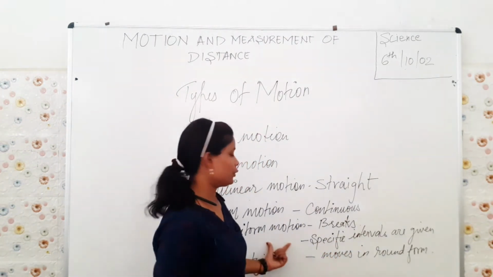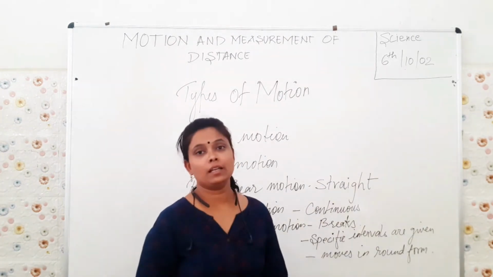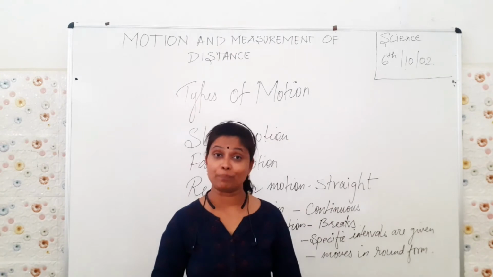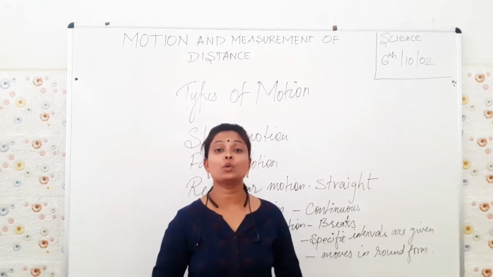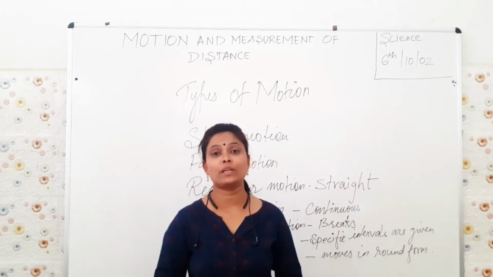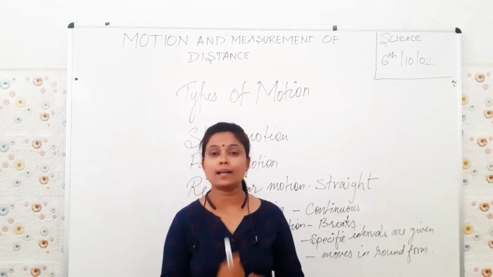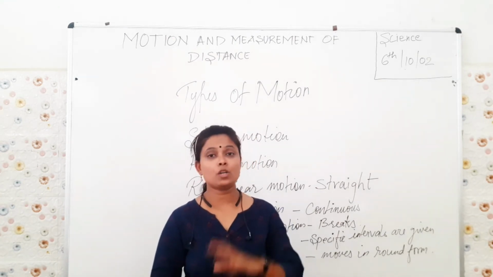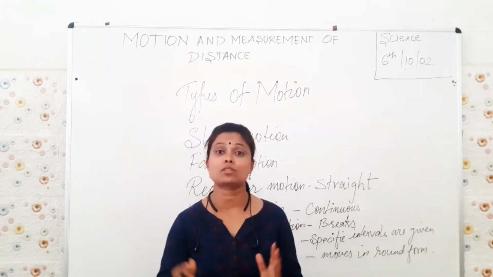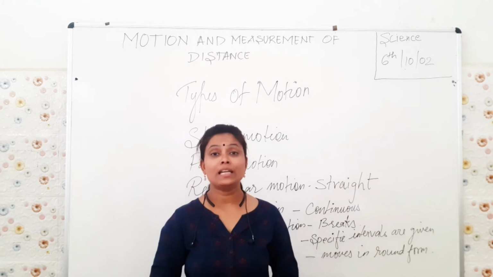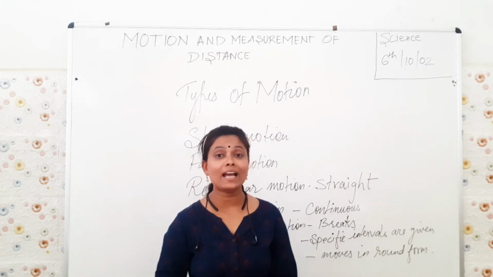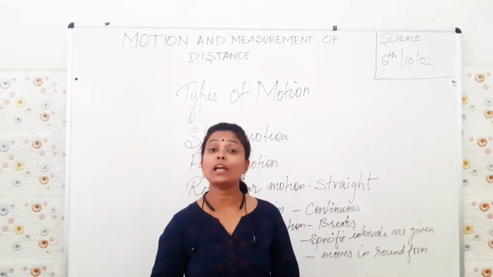This non-uniform motion we have discussed in the beginning of the chapter, as I have given you the example of a bus. Even suppose you go to another city or your mama's house in a private vehicle like a car. Your father is driving the car. Suppose he comes in between any city and there is lots of chaos. So what does he have to do? He has to brake his car, he has to stop his vehicle. Why? Because there was chaos.